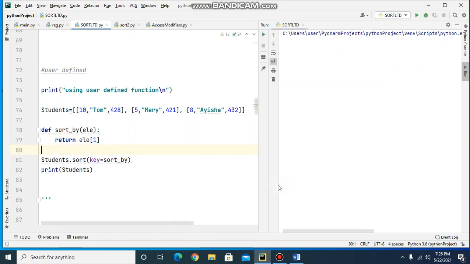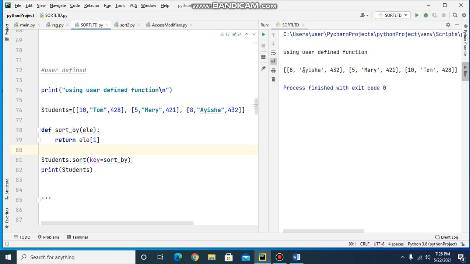We will run this. So here it has sorted in the alphabetical order of name. Name with A has come first, Aisha, then M, and then T. Now if I want to sort on roll number, I will give this index value as 0.